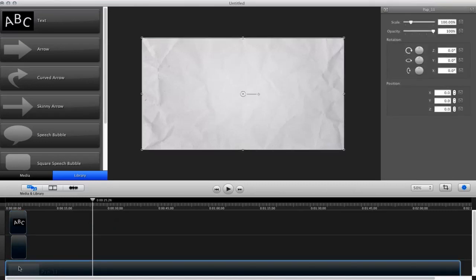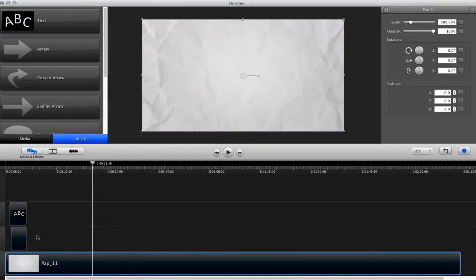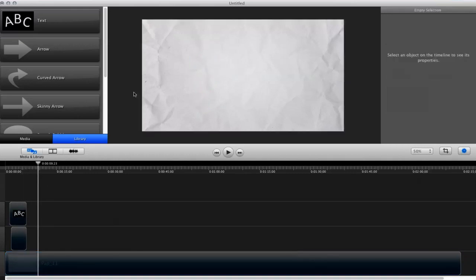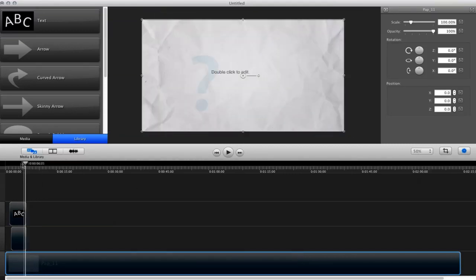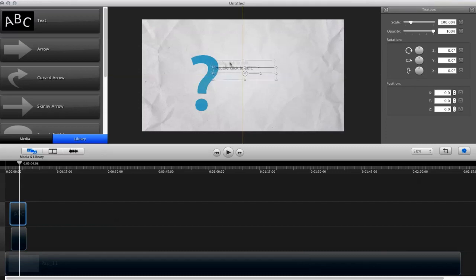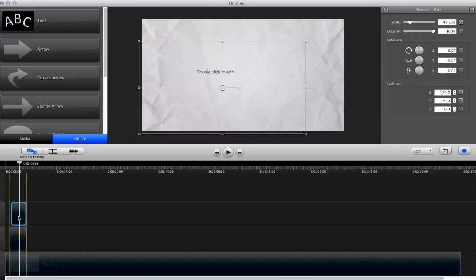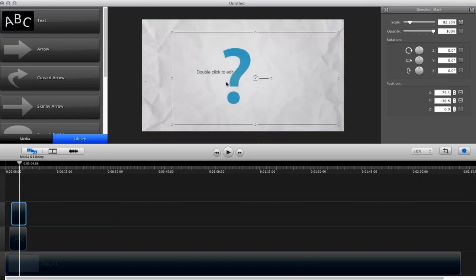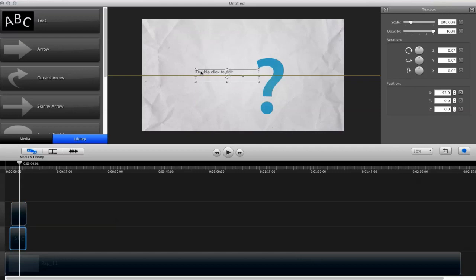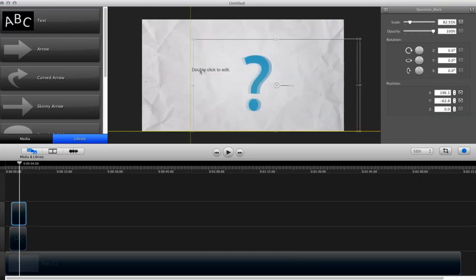Now again, it's trying to grab the background here because of what's over top of it. Now, because my marker here is past where the text or the question mark is, right now anytime I touch the canvas, these aren't there, they don't exist, so it's always this. You guys have to make sure that they're on screen in order to edit them. And see how I can grab the text because it's over top of the pre-keyed. If I were to switch that, question mark takes over. I can't grab the text underneath because this is over top. So I just have to move it slightly and grab it to edit it. If I move it back, you can see